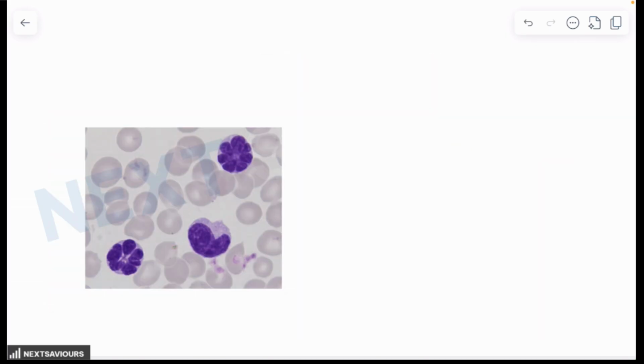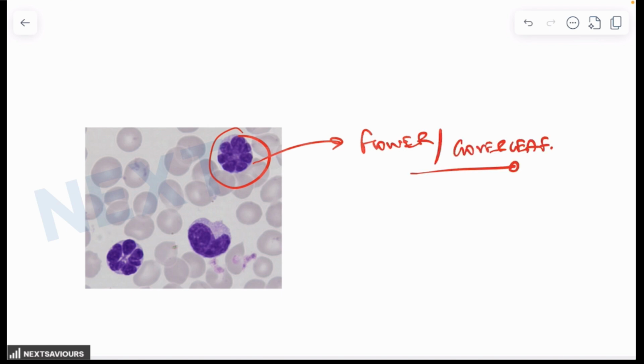Another one is the image where you can see that there is a multilobulated or convoluted nuclei which is resembling a flower or a clover leaf. Now, this is found in abnormal T lymphocytes in the peripheral blood smear. And imagine if this finding is coupled with that of the hypercalcemia in the question,